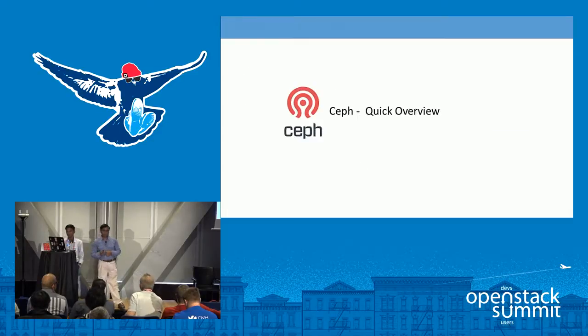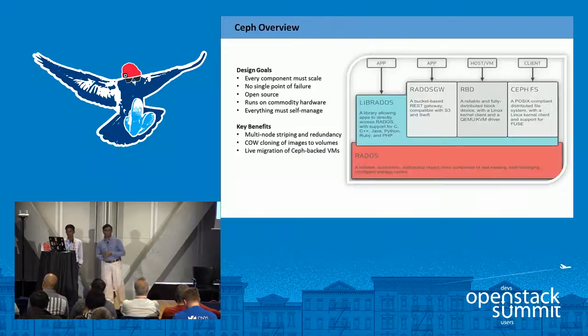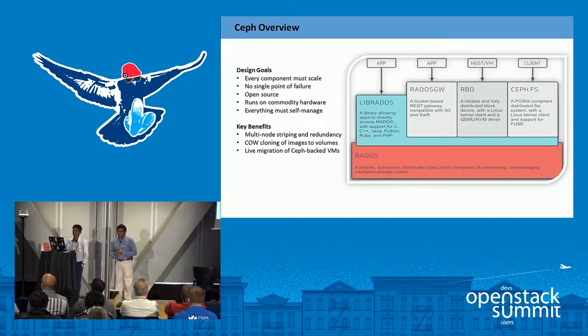Now we'll talk about a quick overview of Ceph. What is Ceph? I won't spend much time on this. Just have a glance so that you see what Ceph provides. Ceph is designed to provide excellent performance, reliability and scalability. It has basically 3 components: Rados Gateway, RBD and CephFS. RBD we use for OpenStack